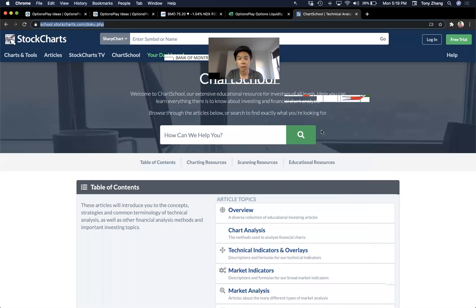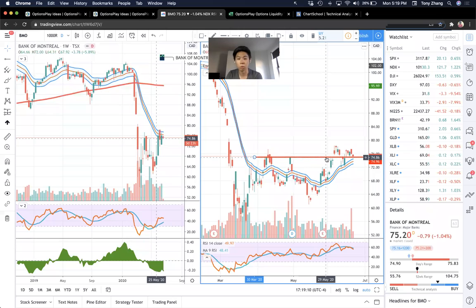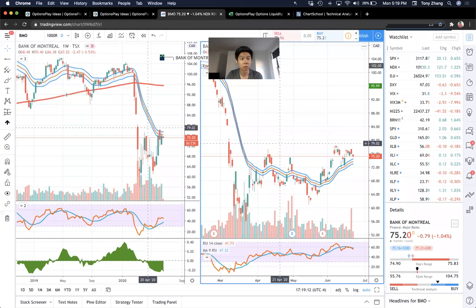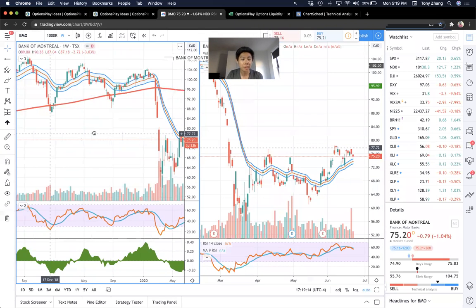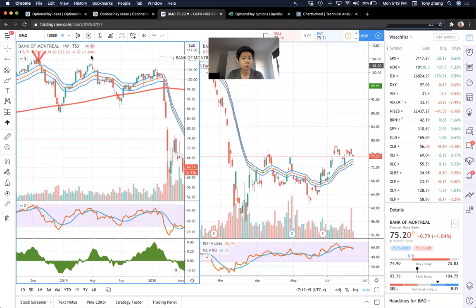Ed is saying, can you give us tips as to how to quickly identify support or resistance lines? I will say support and resistance lines are really easy to learn once you spend enough time looking at charts. It's really just a practice thing. Basically what you're looking for are peaks that happen to be around the same area. They don't have to be exactly the same, but I tend to find that charts that have